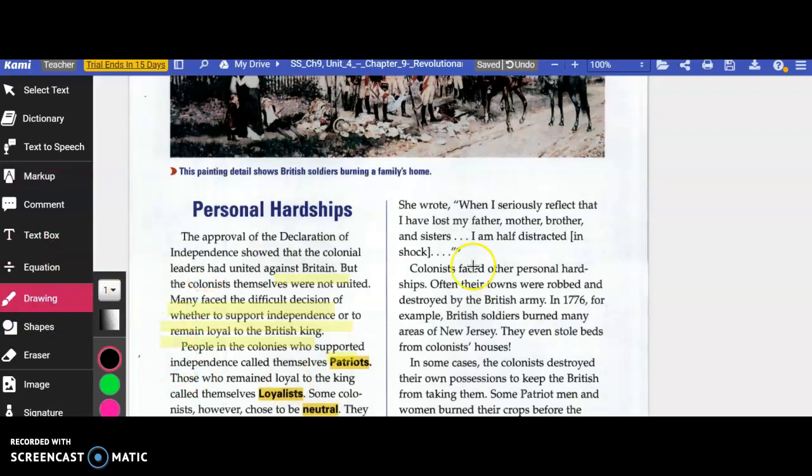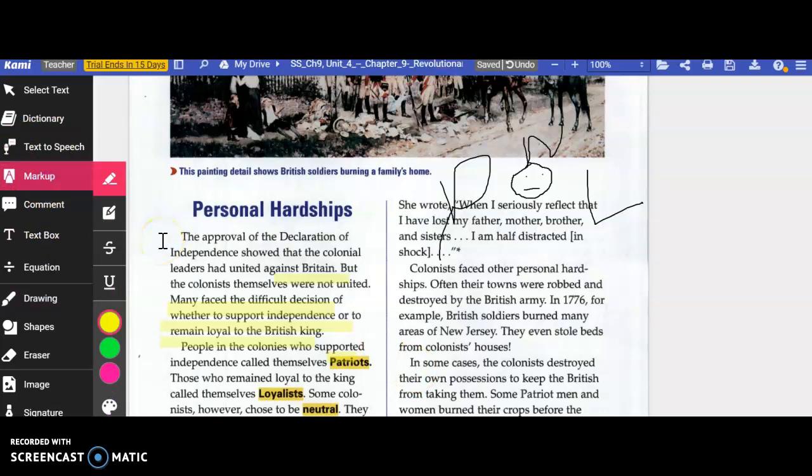I'm going to try to draw a little sketch over here. You can have your patriots. Will it let me do it? It won't let me do it. Let's see. Patriots. Wow, that's messy. Loyalists. And then in the middle are neutrals. Okay, your neutrals aren't on either side.